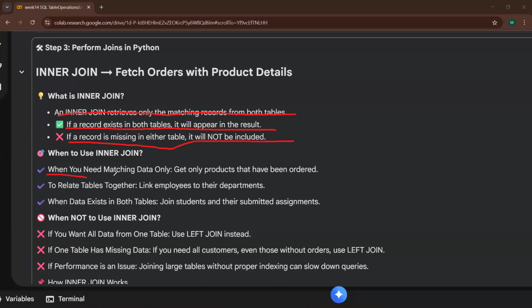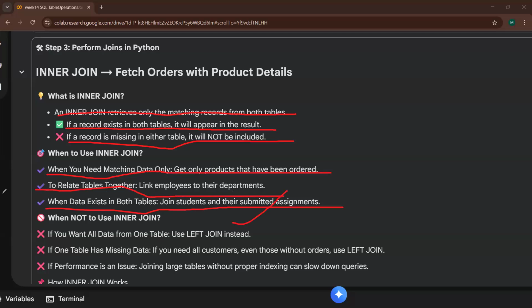When to use? When you need the matching data only: get only products that have been ordered, relate tables together, link employees to the departments, when data exists in both the tables, join students and their submitted assignments.